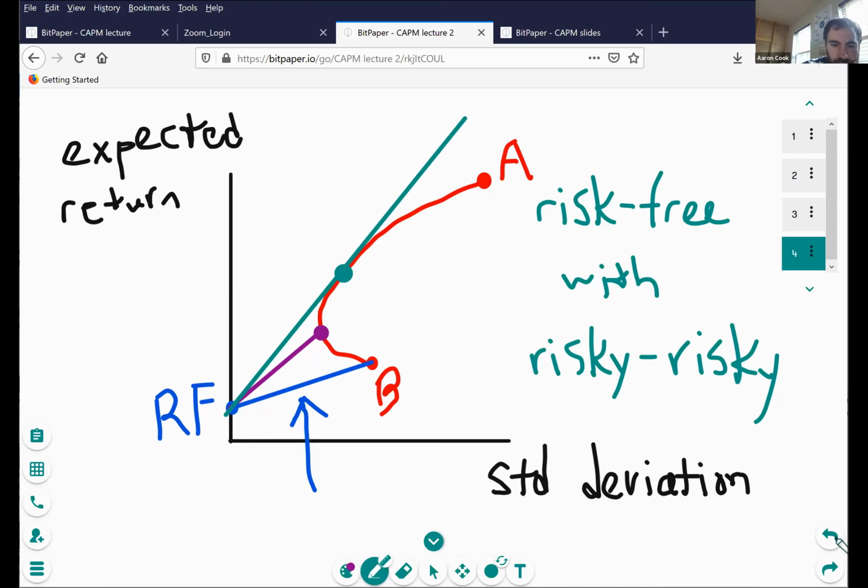And so if we can find a way to rotate this curve up as far to the northwest as we can, that's a better position for us. That's giving us more return for a given level of risk, or the same return with less risk. And then if we just consider the limit of that, we can push this frontier as high as we can. In fact, the portfolio that's going to maximize the slope of this line is going to be a portfolio that's somewhere